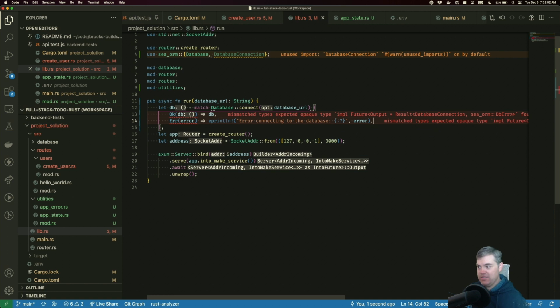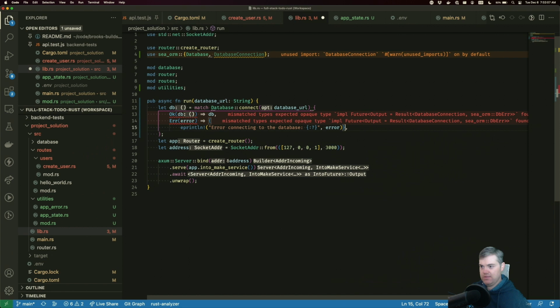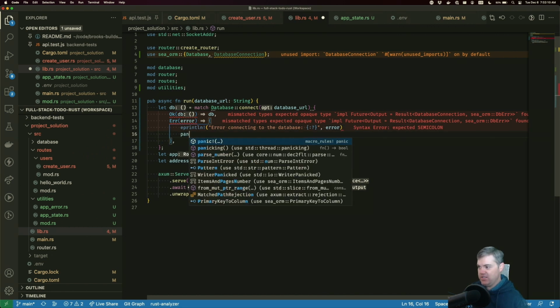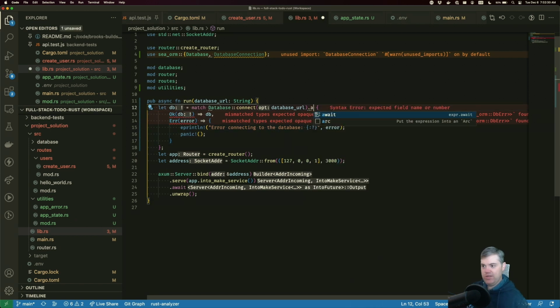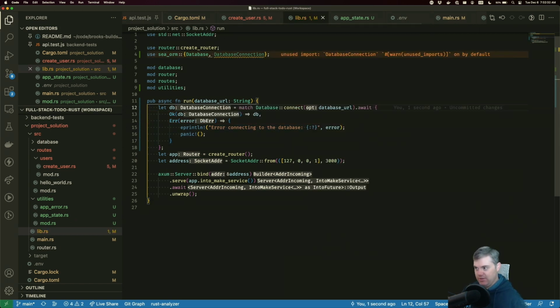Also, I want a panic at this point. So let's multi-line this. And we're going to just panic. So that way, this is the only thing that we get out. Mismatched types. Okay, so yeah, semicolon that. Okay, mismatched types, expected future. Oh, we need to await, don't we? That's why I was having a little bit of trouble. There we go. Now I have my database connection,